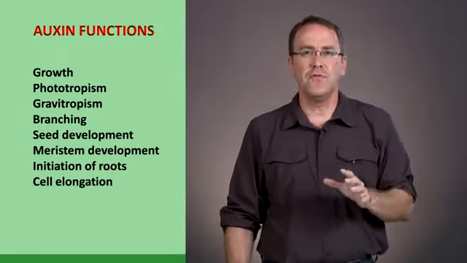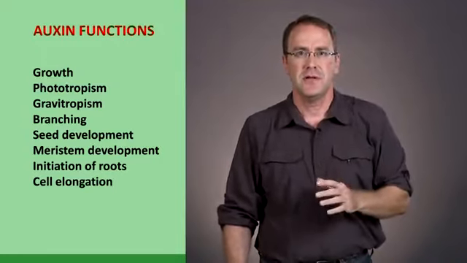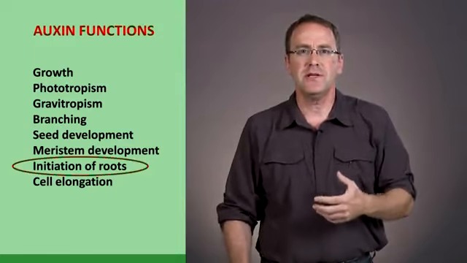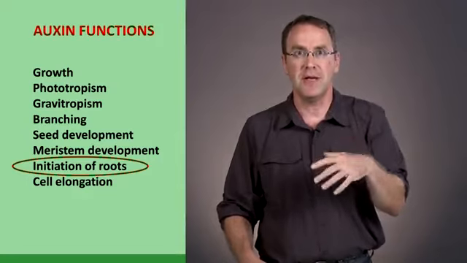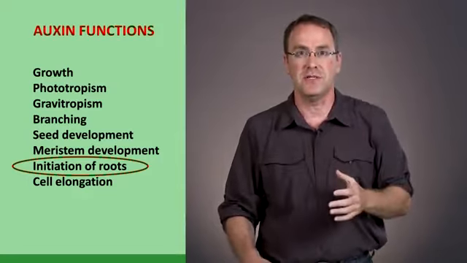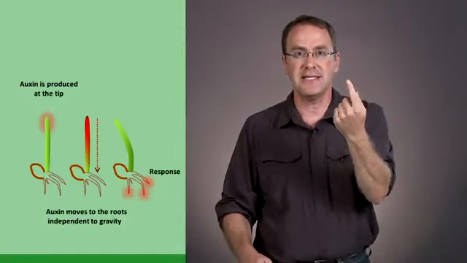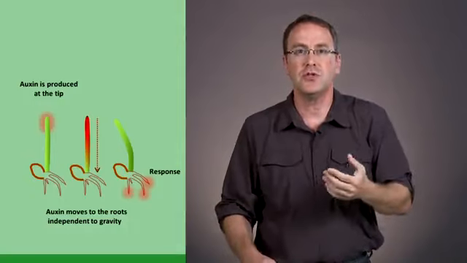How does auxin move from the tip of the plant down the stem to the roots? To understand this question, we're going to deal with the role of auxin in inducing roots. As I mentioned, one of the main roles of auxin is that it induces root development. Auxin that is synthesized in the shoots moves down the stem into the roots and causes new roots to be